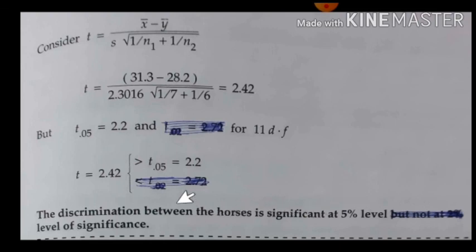Here they have discussed it for another level of significance, which is not required for us, hence I have cut it. So at 5% level of significance, the assumption we have made related to testing the condition is not correct. Hence we reject the hypothesis. So based on acceptance and rejection, we need to conclude it. So there is a discrimination between the two horses at the significance level of 5%.